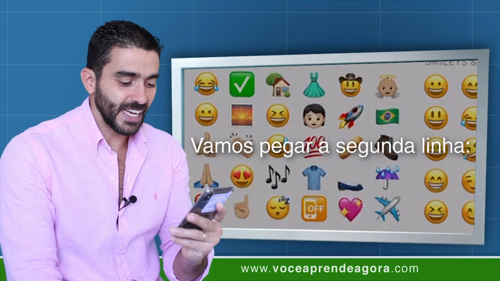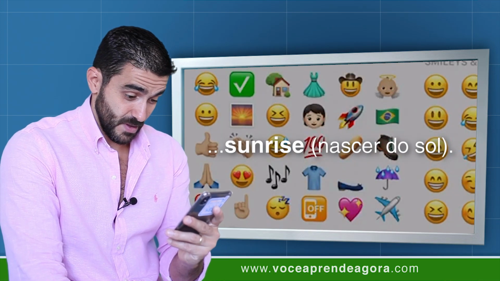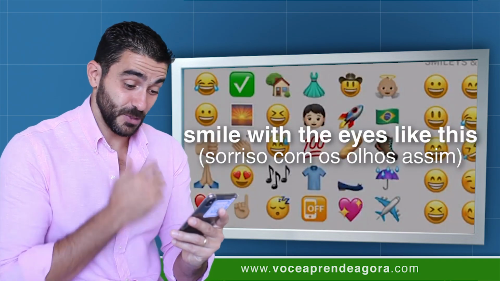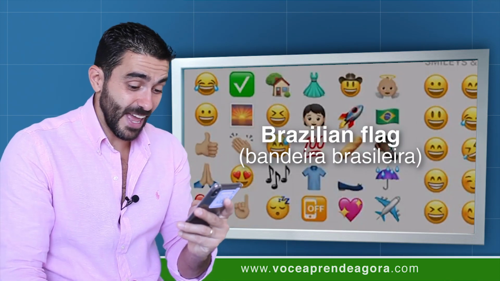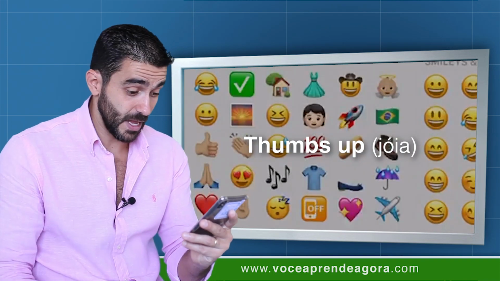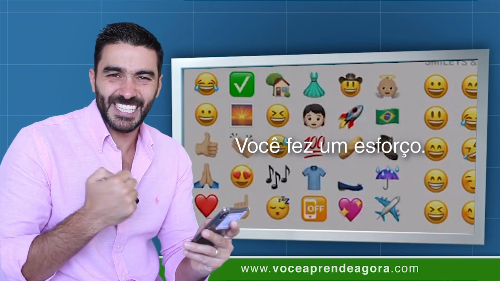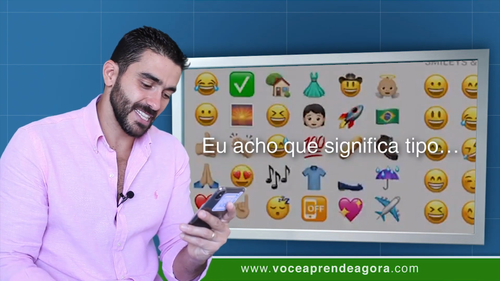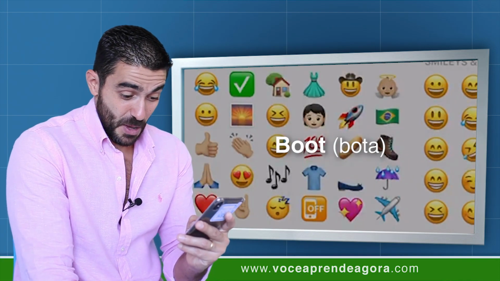Let's get to the second line. Another smile, a sunrise, a smile with the eyes like this, like you were surprised, a kid, a rocket, a Brazilian flag, another smile, thumbs up, it means okay, applause, a smile, sweating, like you made an effort, 100, I think it means like a positive evaluation, a bread, a boot,